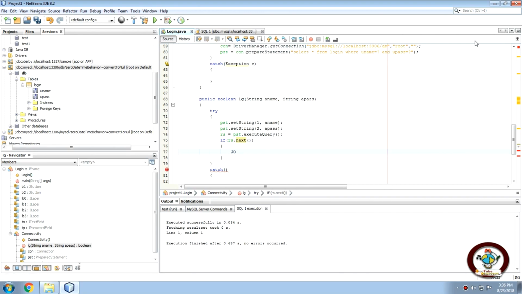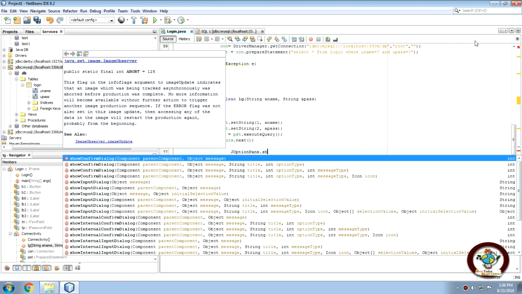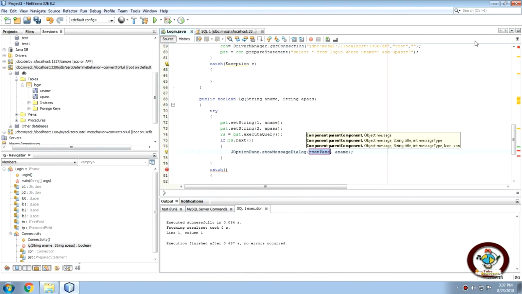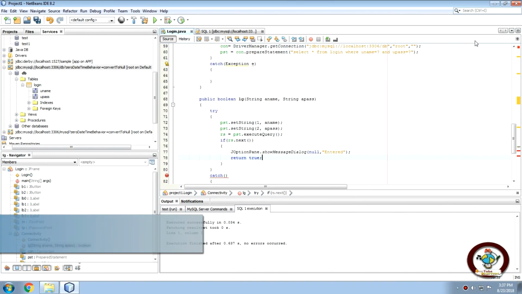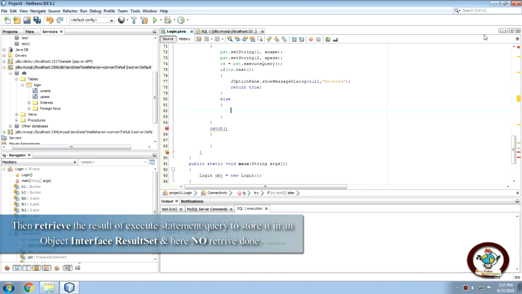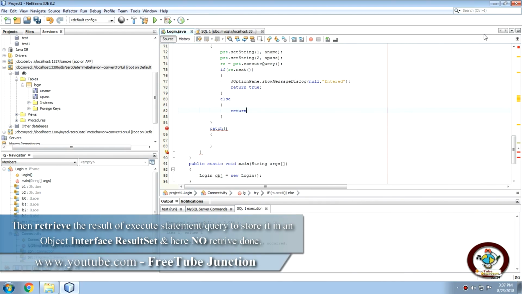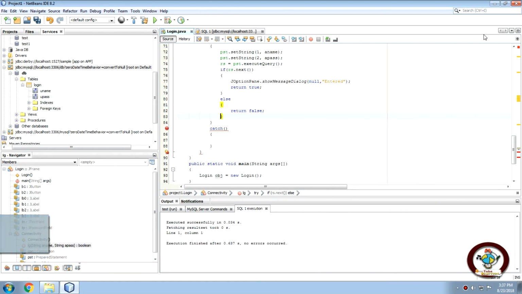Then JOptionPane dot showMessageDialog. This would take two parameters, I guess. The first one would be null and the second one would be a string where I'll type entered, return true. After that there will be an else statement where I would type return false,